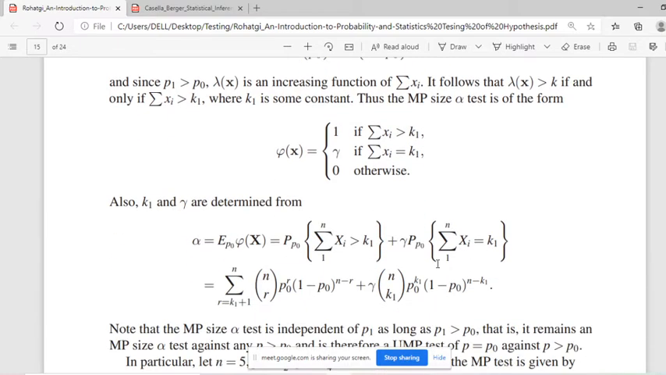Methodology. What is the function we are using to find gamma and k1? That is alpha, the expectation of phi of x under the null hypothesis. That is the probability of type 1 error. Okay, the probability of type 1 error, that is alpha. Alpha is restricted to a maximum of